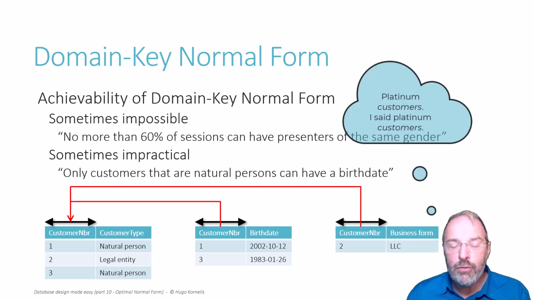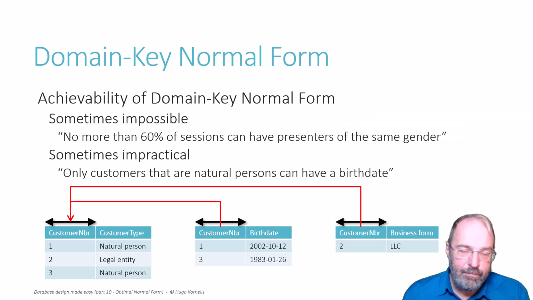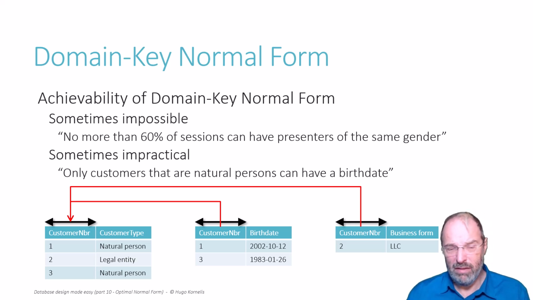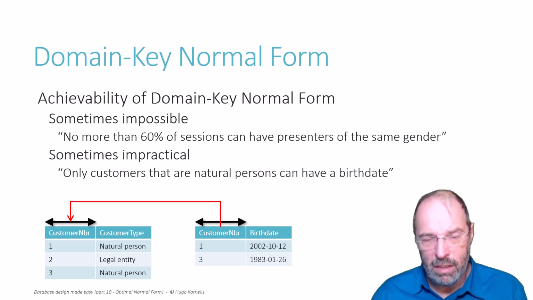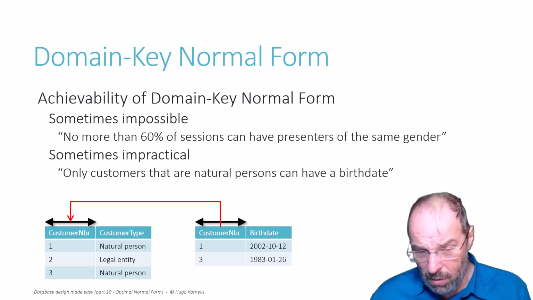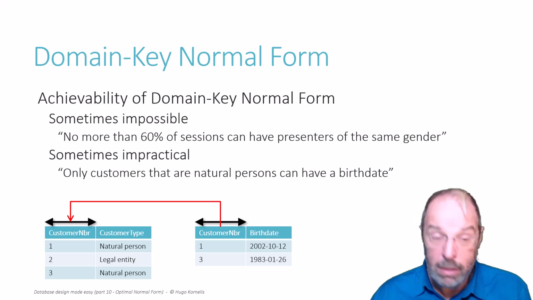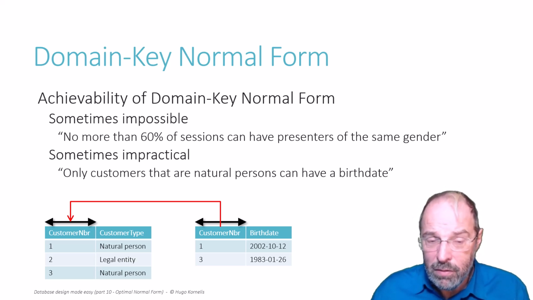So you get a wild growth of many tables that are all a subtype of another table, because in reality many business rules apply to only a subset of a group. So that's why I call it impractical. Also, let's return to the original version with only the birth date. It's not only impractical, it's also, in the current form, incomplete.